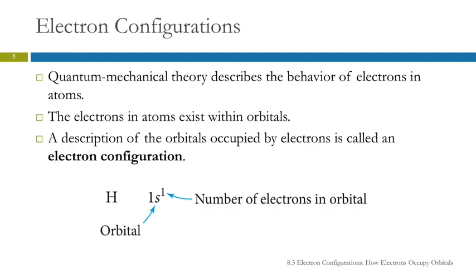So for hydrogen, hydrogen only has one electron. That electron is going to be in the lowest energy orbital. So that's going to be in principal energy level 1. And the only orbital available there is an s orbital. So this electron is in the 1s orbital. So the electron configuration gives the designation of the orbital, 1s, and then a superscript tells us how many electrons are in that orbital. And so 1s1 is the electron configuration for a hydrogen